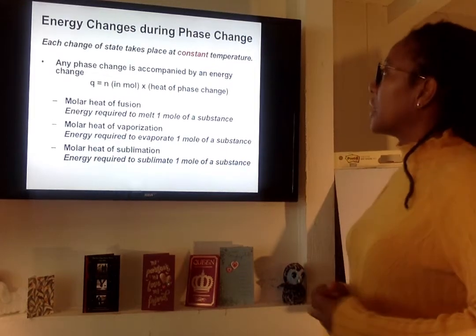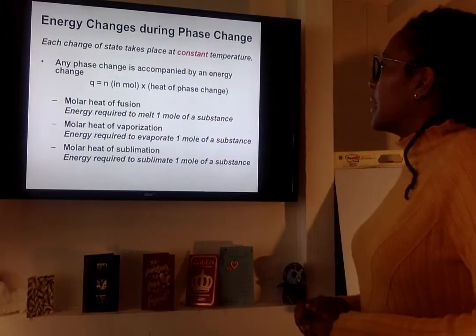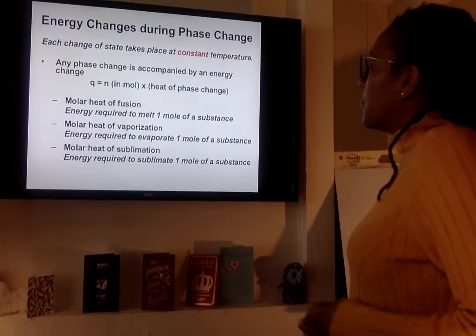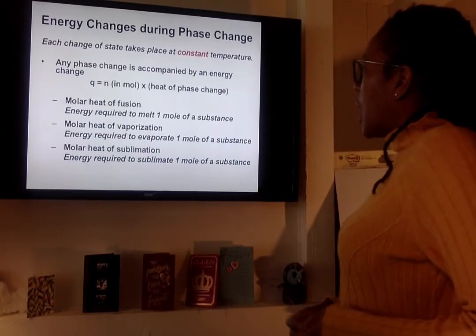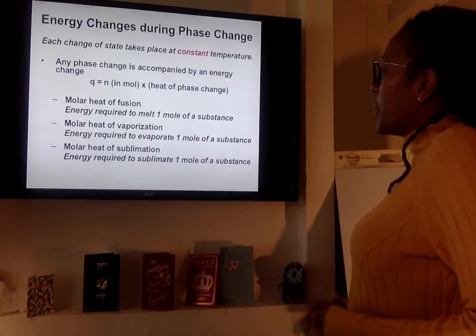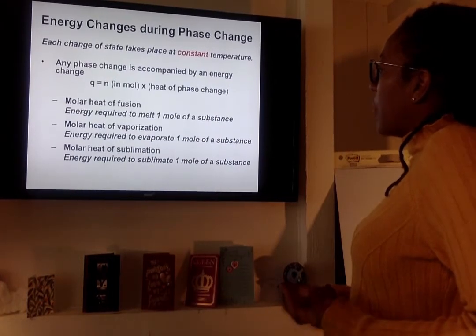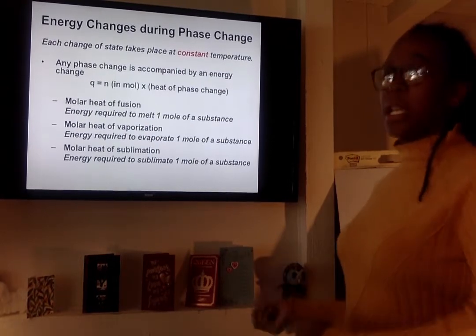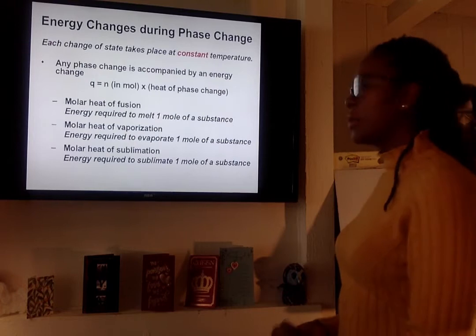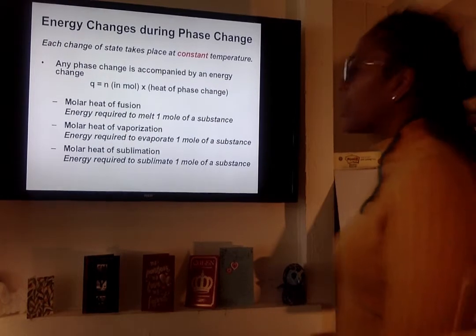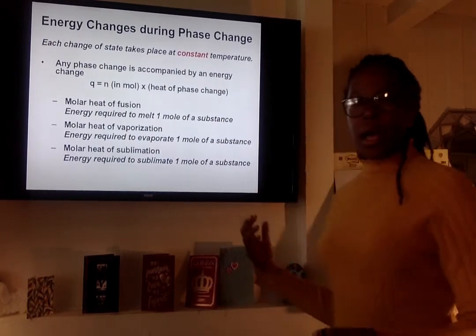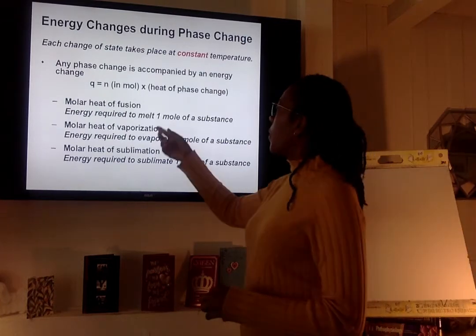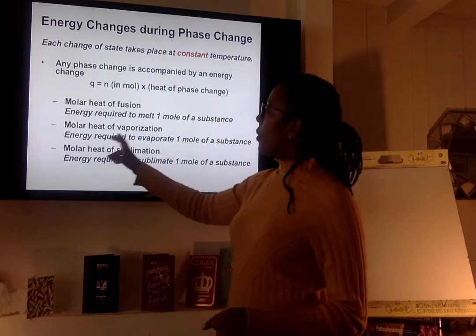But this is just good for you to understand in terms of the energy in terms of phase changes. So, molar heat of fusion. Fusion, you want to think of as how much energy is required to melt 1 mole of a substance. So if I want to think of how much energy is required to go from a piece of ice to a liquid for 1 mole of that,